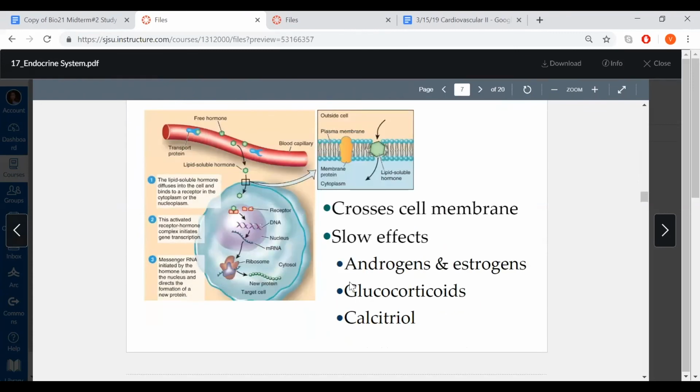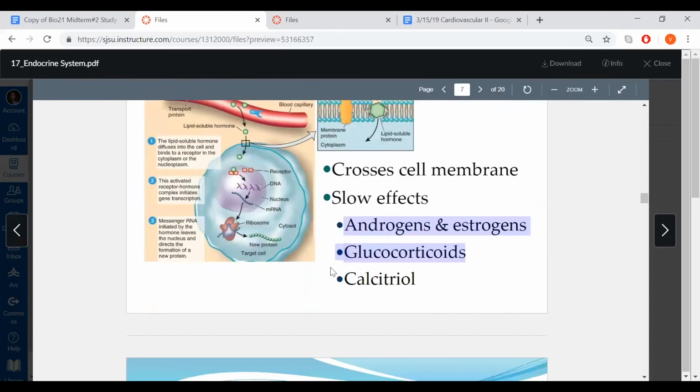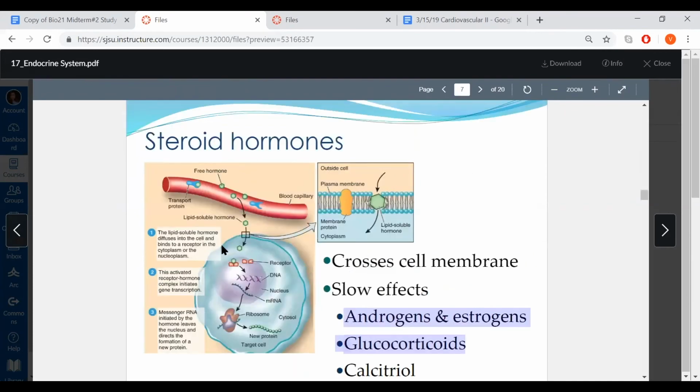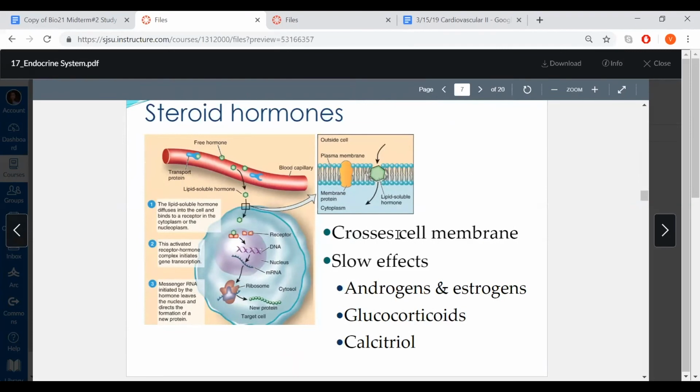I believe these right here, androgens, estrogens, glucocorticoids, calcitriol, are examples of the steroid hormones. And when we say cell membrane, we mean a single cell. So it's slowly,